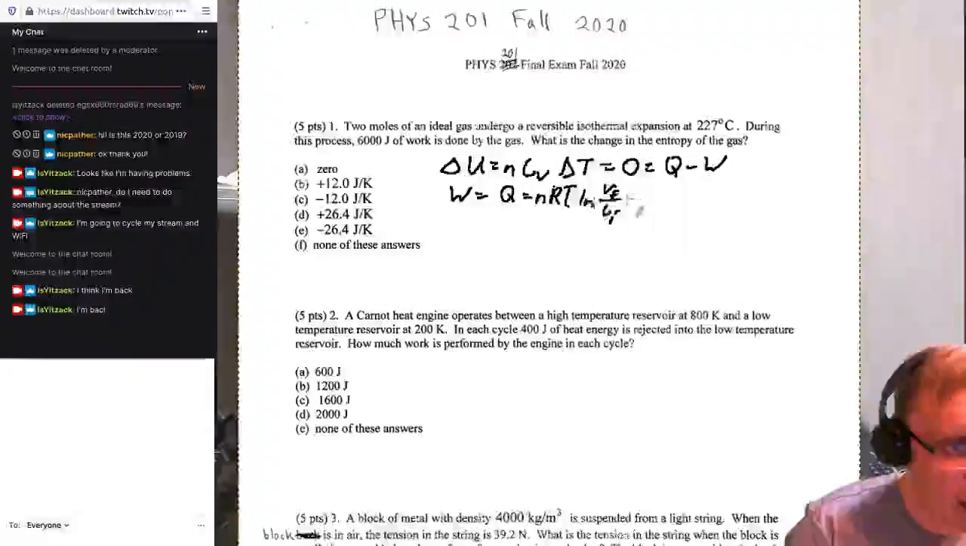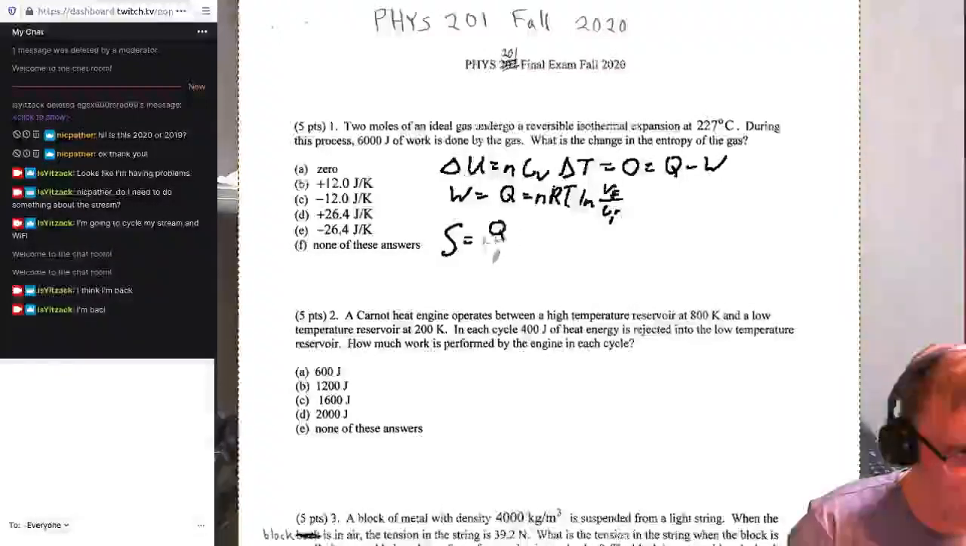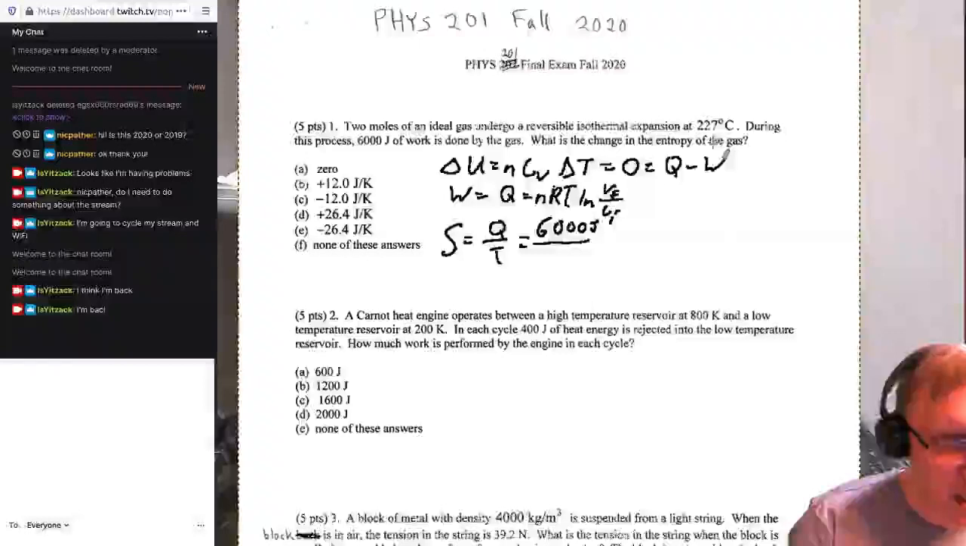Oh, we don't even care about that. It doesn't even matter, because what it wants to know is the change of entropy, which is equal to Q over T. Okay, that's really handy. Q, we are told by this equation here that work is equal to the heat flow, which is 6,000 joules, divided by the temperature, 227 Celsius plus the conversion of